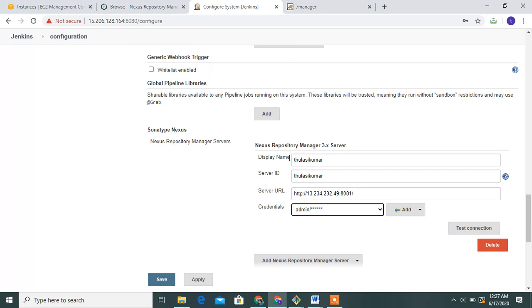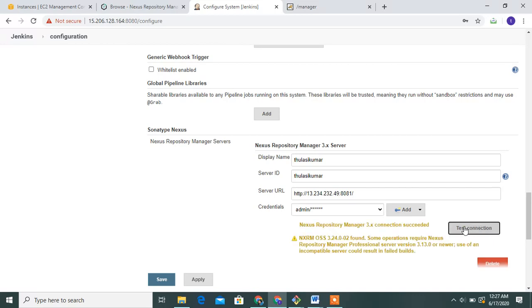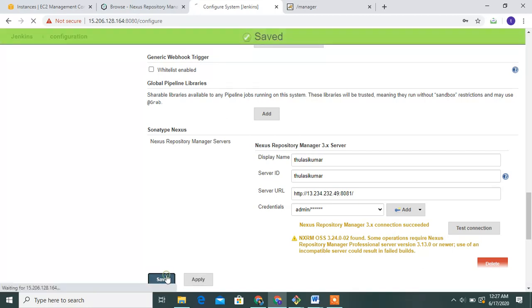Once completed, display name, server ID, server URL and credential, test the configuration, success or not. Yes, it is success, repository connection success. Go to apply and save the configuration.